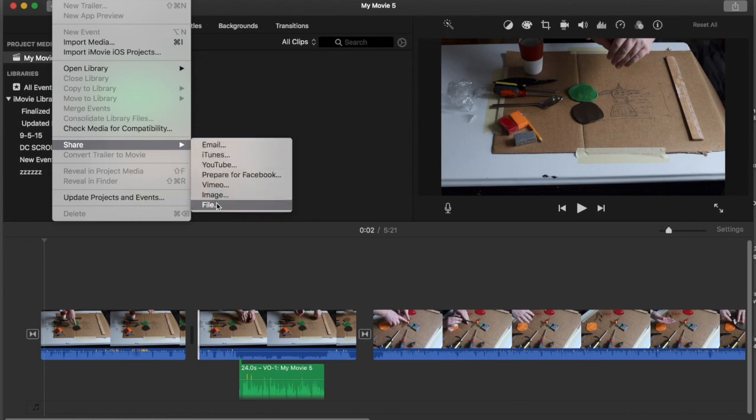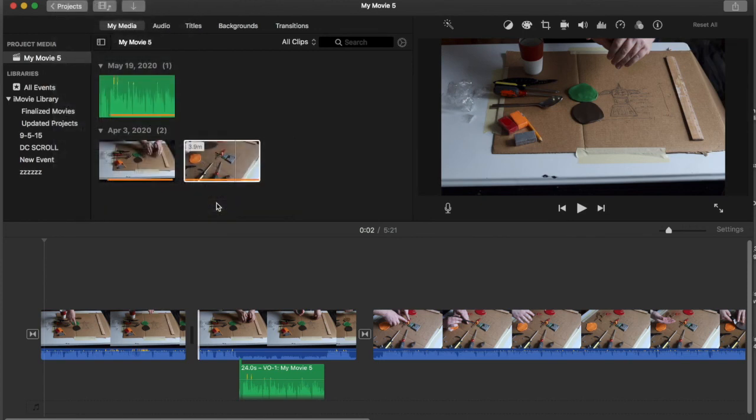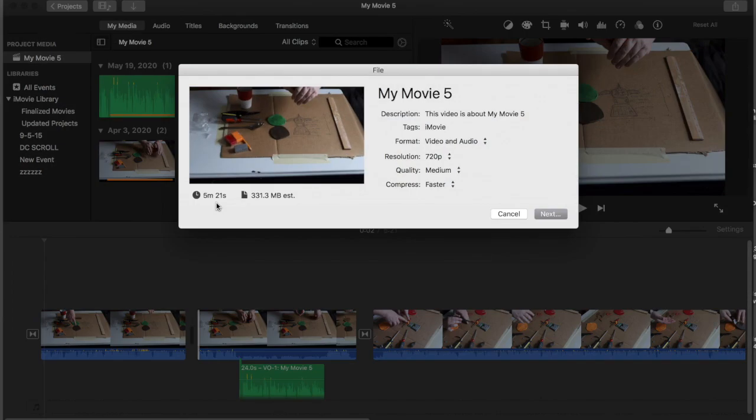You can see you can share it to several other different things like YouTube or email. Those are just saving it as different types of files and different sizes. But if you just go to File, then it gives you the opportunity to name it. That's what this is here. So we could name this. You would name it your first initial and last name, like we've been doing for other projects,